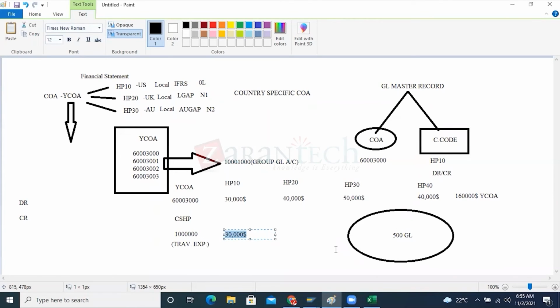So these are the three types of GL accounts. Always you have to remember one thing: operational COA is for external reporting purpose, whereas group and country specific chart of accounts, very, very important, are only for the reporting